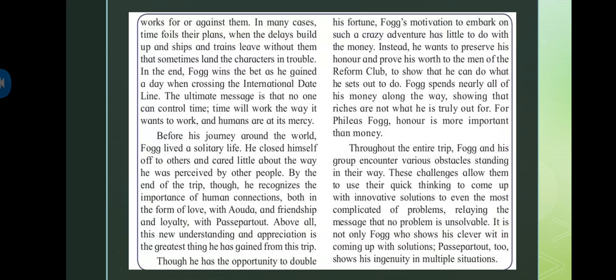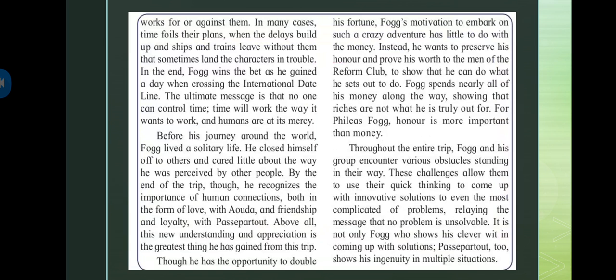So now what he's saying here is that he lived a solitary life, as we discussed. Okay, so he cared very little about others and about other things at the same time. And he was much less bothered about what people think of him, or which kind of perception they hold of him. So he never cared about all those things.